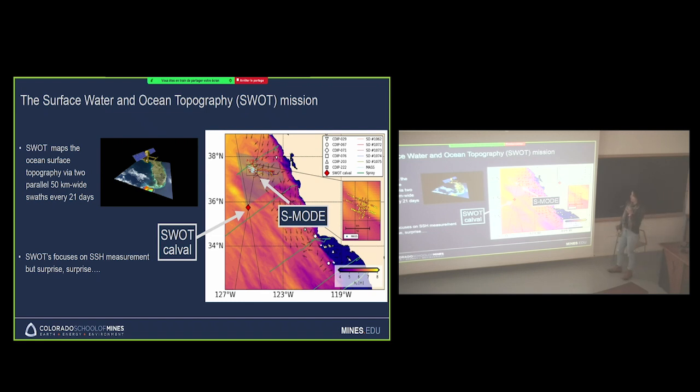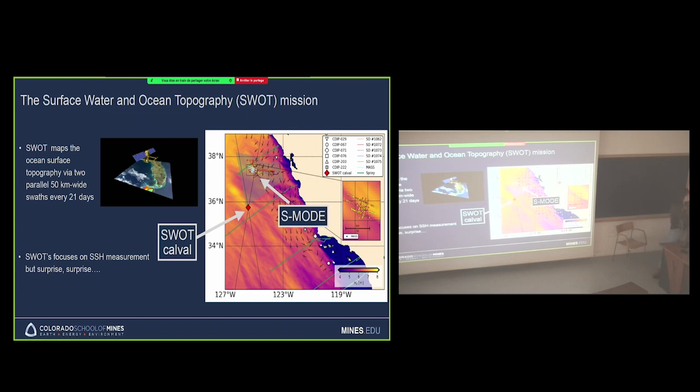One thing that's pretty cool about SWOT is that the calibration and validation phase of SWOT, which is shown here, the site is shown here in this diamond, overlaps in time and space with a very big field campaign, S-MODE, that you'll hear more about in Gwen's talk later today. And so this means that we had all sorts of cool data, both from airborne data and in situ observations